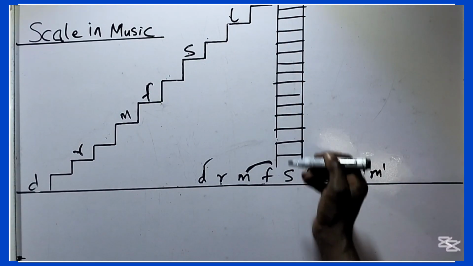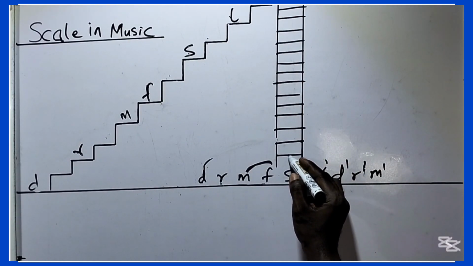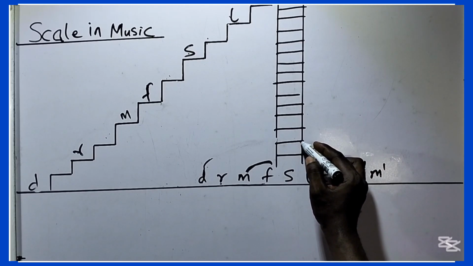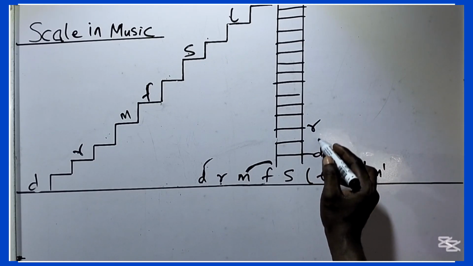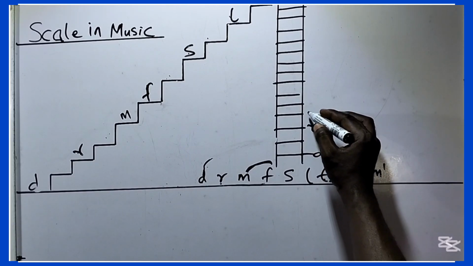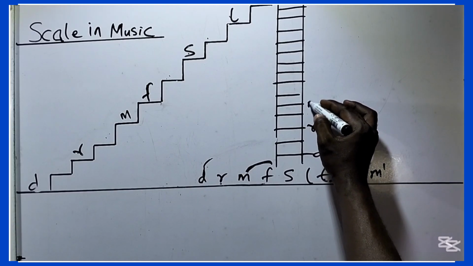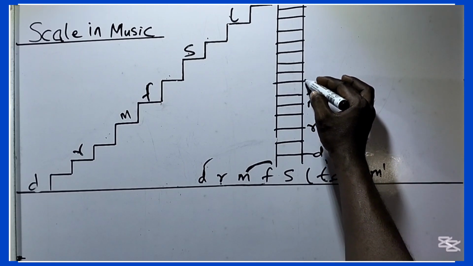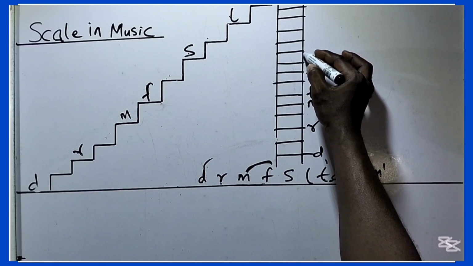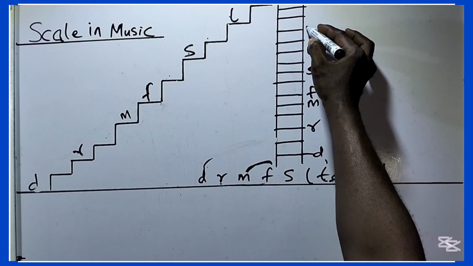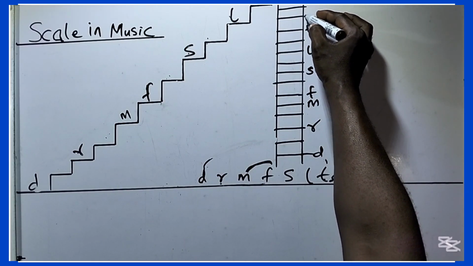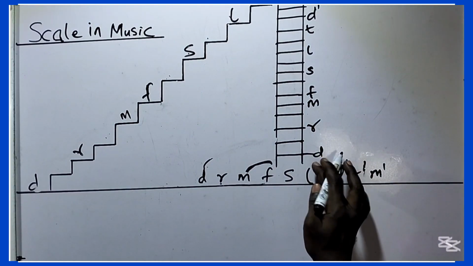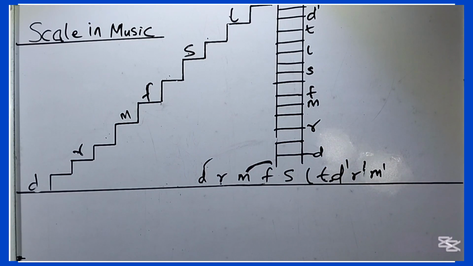and so on. So if this is the beginning, if this one is the do, for you to get re, you count 1 2 re. This is diatonic, mi, 1 2 mi. Then after mi, the next one becomes fa. After fa, 1 2 becomes so, 1 2 becomes la, 1 2 becomes ti, and after ti the next one becomes do, but it's do upper,